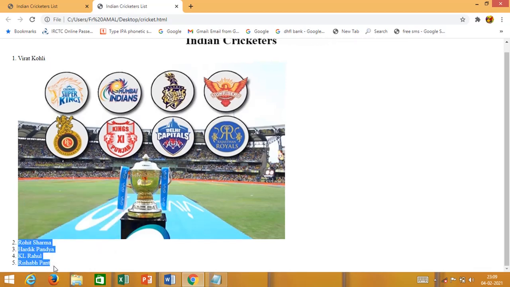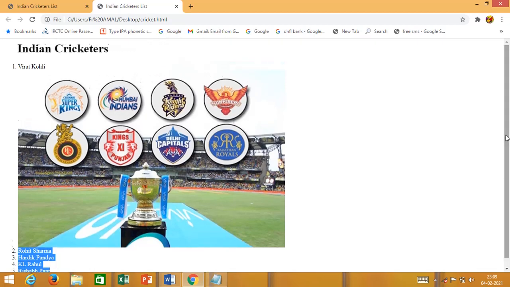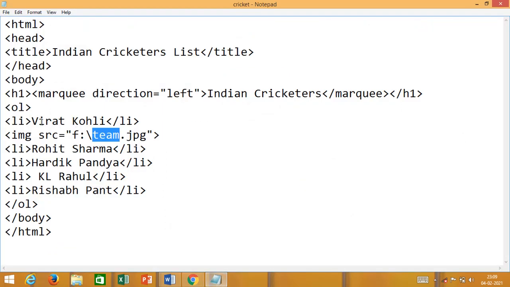Now suppose Virat Kohli and all these other names, I want them in big bold letters. So what you can do is, along with li, I'll keep putting h1, then I'll close this also, h1.